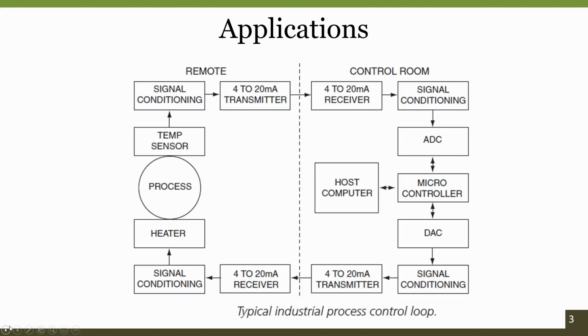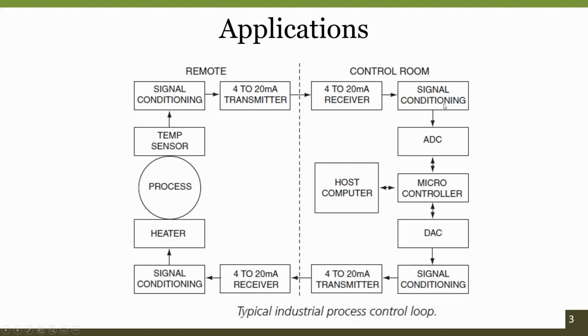But one simplest way is to convert the output voltage, which is the information about the temperature, into a current form and transmit it over the longer cables, and again use some kind of receiver which converts your current back to a voltage. That is nothing but your 4 to 20 milliamp transmitter, where the signal conditioning circuit in this case not only amplifies your temperature input, it also converts your voltage information into a current and transmits it over a longer distance remotely.